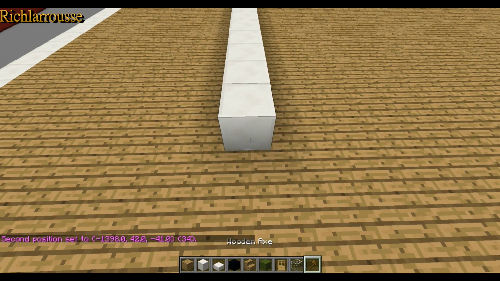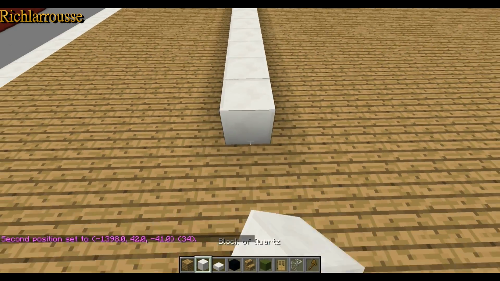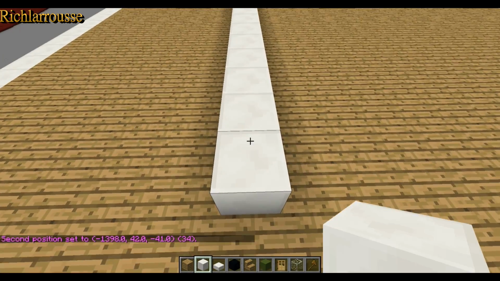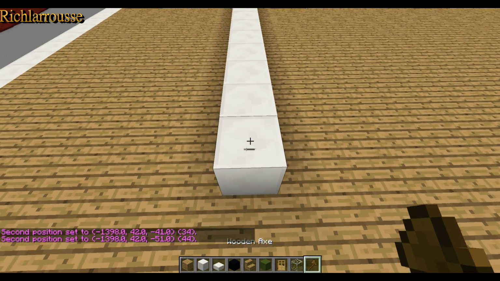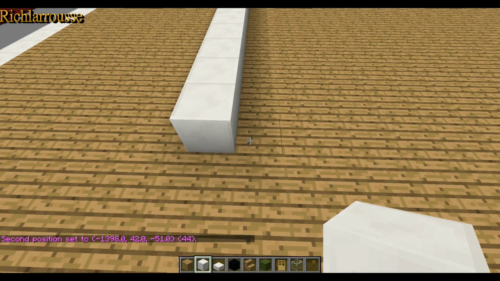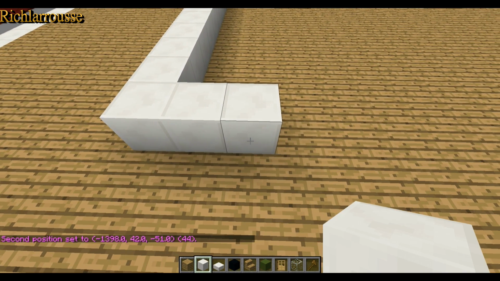So that is 34, 35, 36, 37, 38, 39, 40, 41, 42, 43, 44. And I measure that to make sure. That's 44, that's fine. So at the end of the 44, you build inwards 2 again, so 1, 2 like that. And then